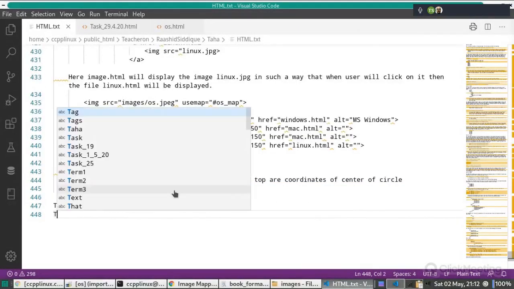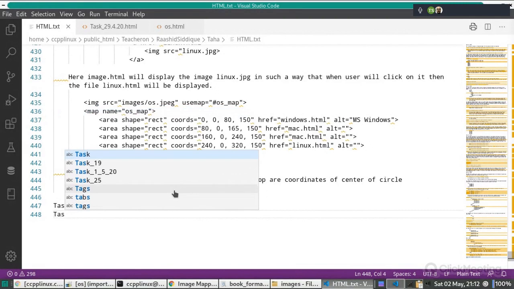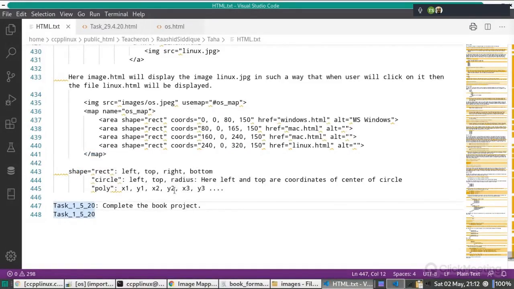And then task: book project, HTML author, finish that whole project. Except do it properly, I guess. You look at his code and see how he's done. Oh wait, today is the 2nd of May, not the 1st of May. It's the 2nd. You wrote task 1/5/20. No, actually this is the date. Okay, today it is. Yeah, today's the 2nd. So this is the date, and this is the task number. I know.